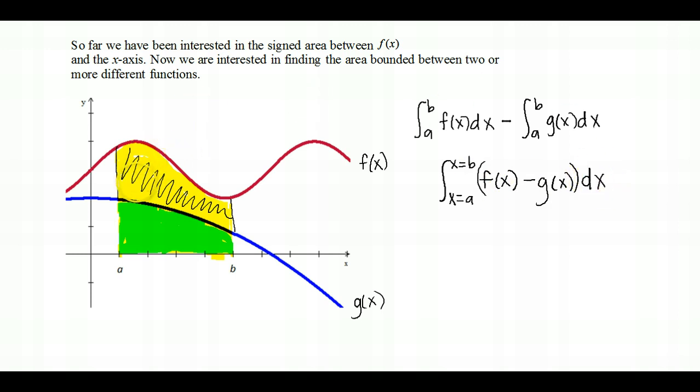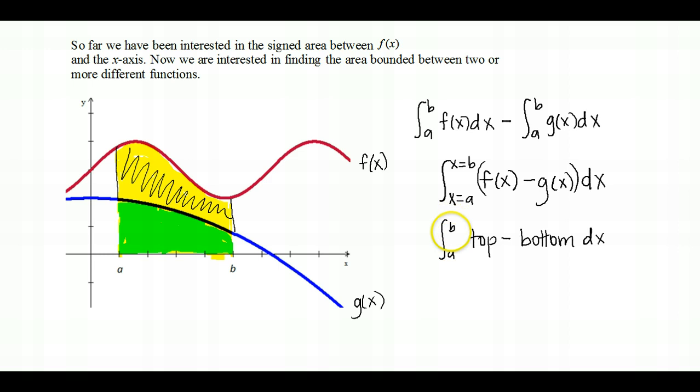So if I want to find the area bounded between these two curves, another way I can write that is I can think about f of x as always the function on top, so this could be thought of as the integral from a to b of the top function minus the bottom function